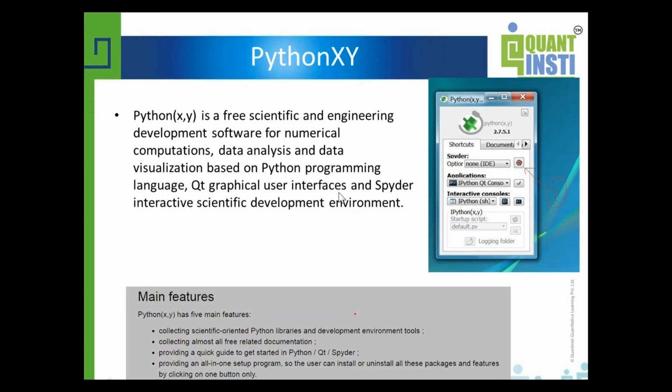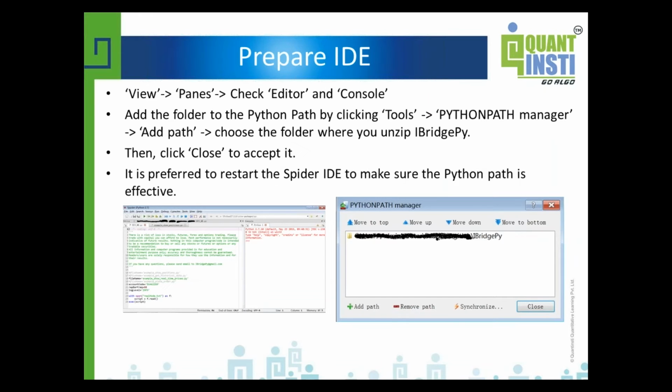So I highly recommend you use PythonXY. After you download it, you start it and you will see a window like this, and then you click this symbol to initiate Spyder IDE. Then you're good to go to use Python if you don't already have Python.